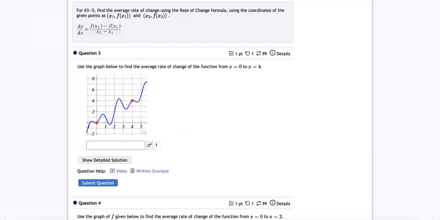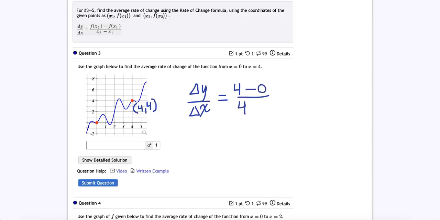Now, average rate of change is also expressed for a function using this formula here, and we can do that two different ways for number 3. I want to show you both ways so you can understand the concept. Let's start by using the formula. So noting that this red point on the left is the origin, (0, 0), and on the right we have (4, 4). We can do 4 minus 0,